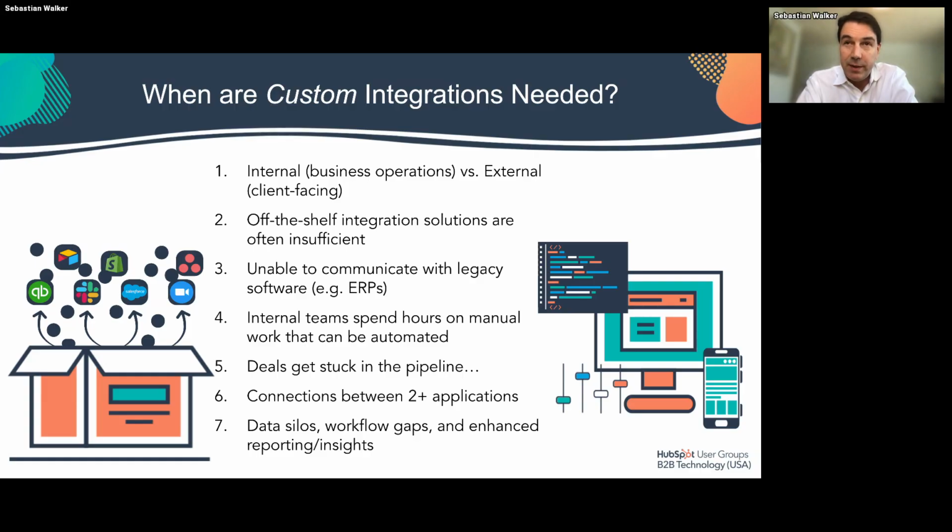When I started MethodData in 2020, the integrations we were doing were really quite basic. There wasn't this complex need, and we were doing integrations probably that Zapier does nowadays. We're doing those as custom integrations. And as the years have gone by, each year it feels that integrations are getting